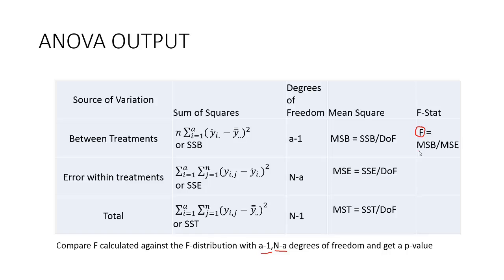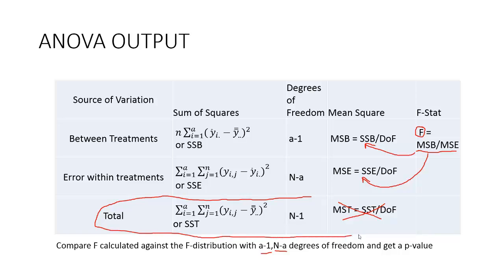We say the F statistic that we've computed here is nothing but something called MSB divided by MSE. We're going to talk a little bit further about these terms, but for now, go one step back to these two values, and you technically don't need to know the mean square total or any of these terms. So this entire part you don't need for the actual calculation of the test statistic, but it's there to give you a bigger picture. Okay, so again we say this MSB is nothing but SSB divided by something called the